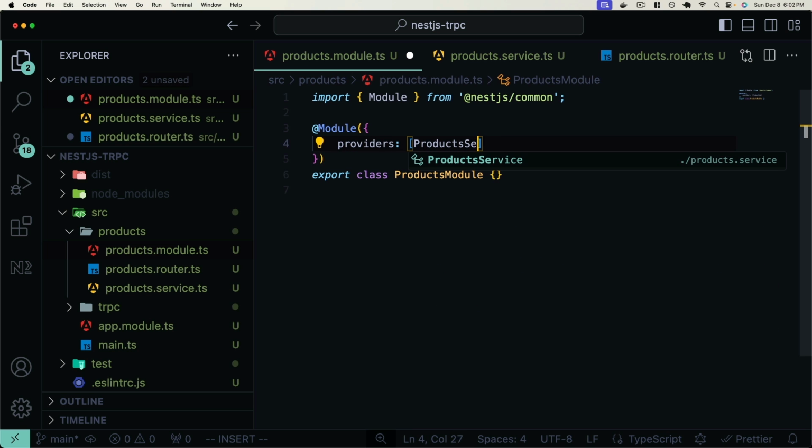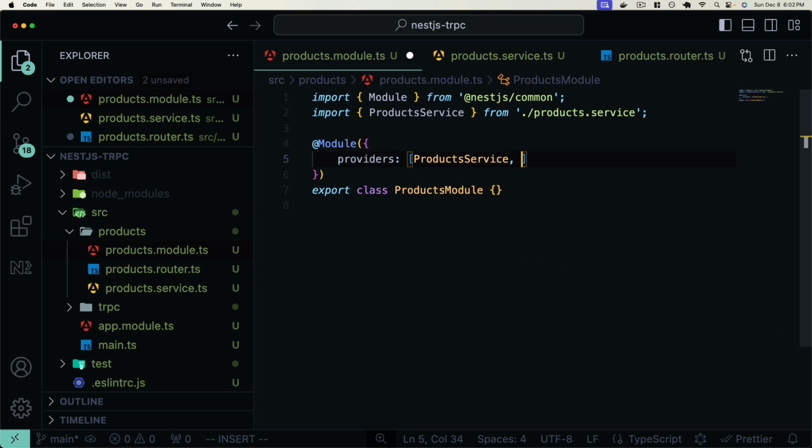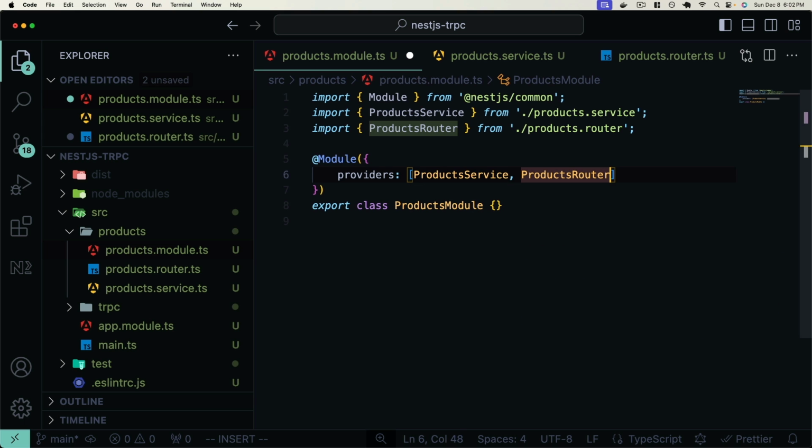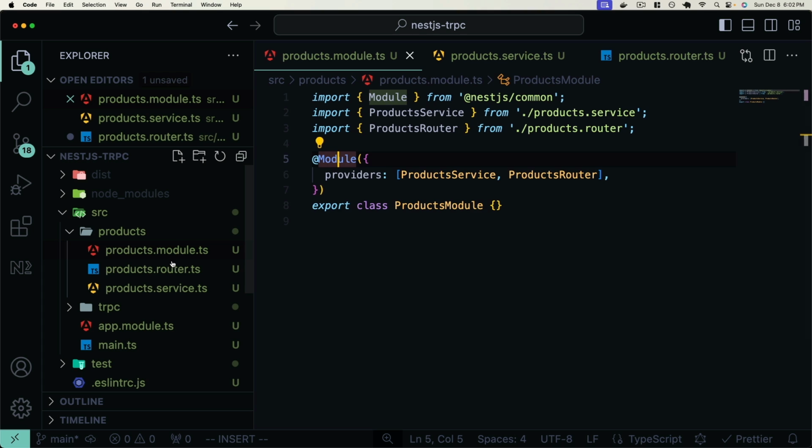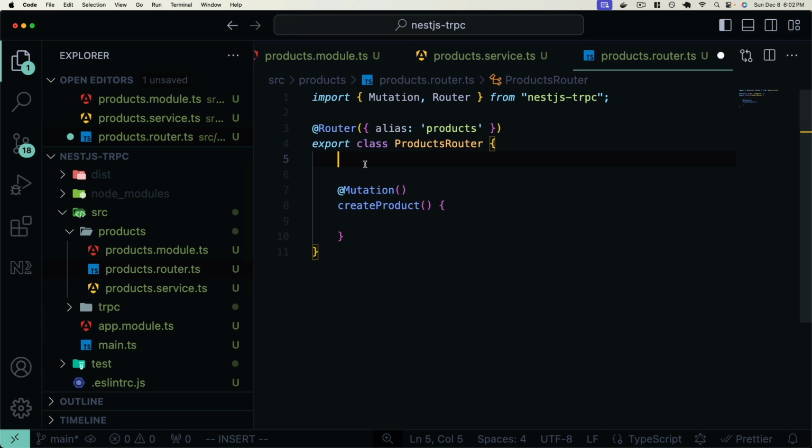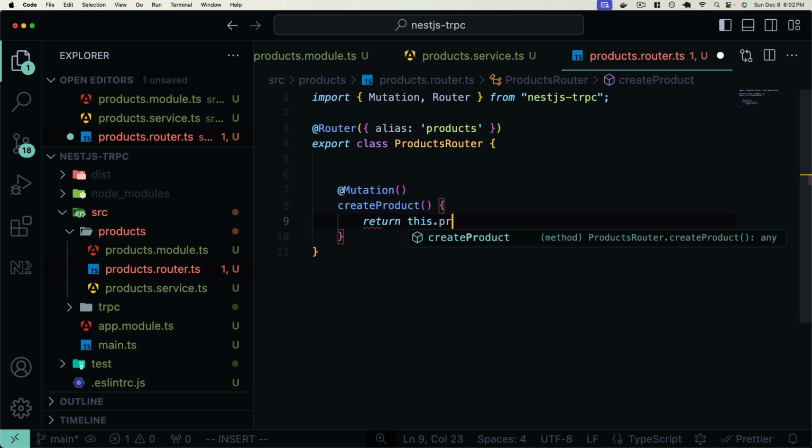So add the product service, and we're also going to add the products router. We add all routers as a provider so that they have access to our NestJS dependency injection system, which is a great benefit to using NestJS tRPC. So now back in our mutation to create the underlying product, I'll return this.productService